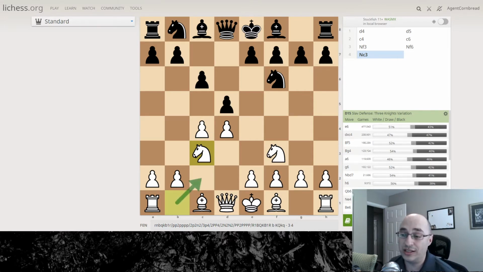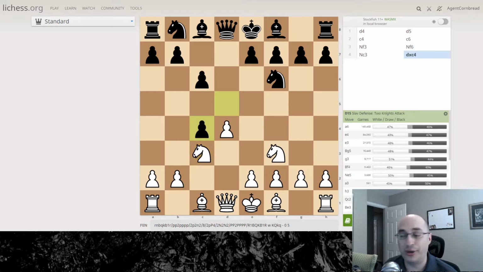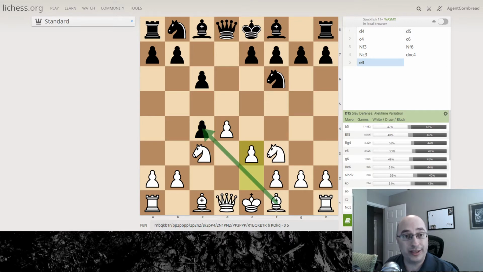As soon as you see this knight move up, and your nice reminder is the knight is sitting here under the pawn, so we capture the pawn. So we can go ahead and make this trade early, because here's one of the traps that white can fall into, that the Slav has. If white tries to capture back their pawn early,